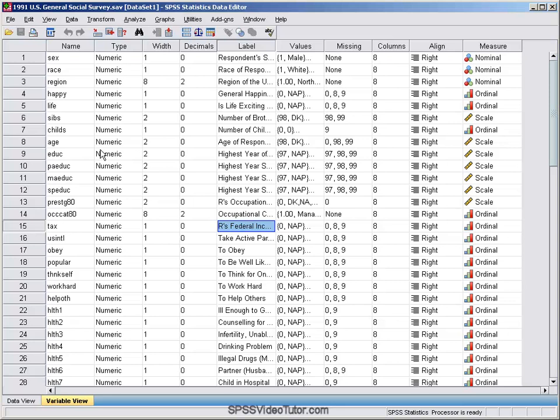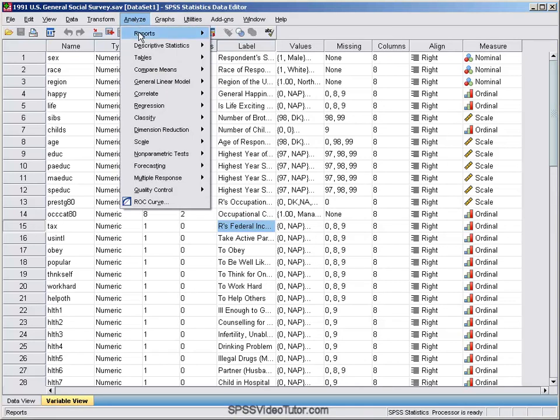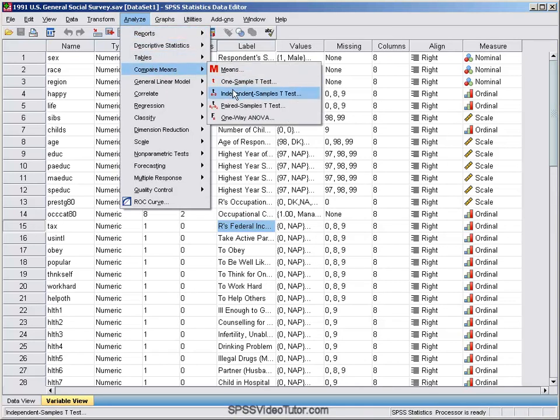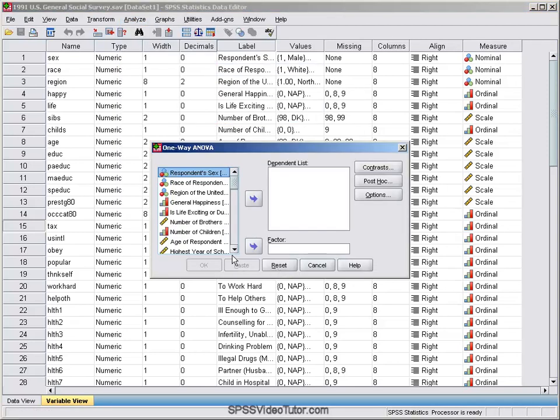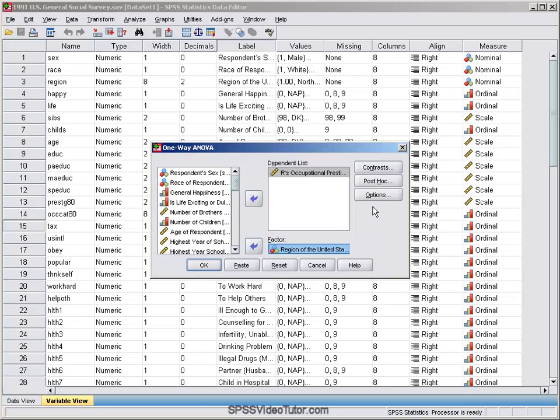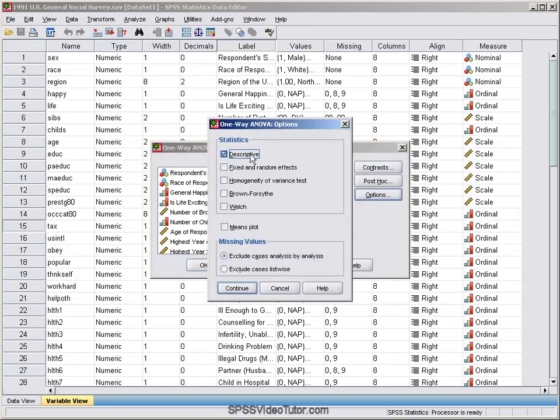The first step is to go to Analyze, then Compare Means, and then down to One-Way ANOVA. Next, we go and we find occupational prestige score, and we move it into the dependents list. Following this, we go to region and we move the region variable, which is our independent variable, into the factor box. Okay. Next, we go to options and we select descriptives,